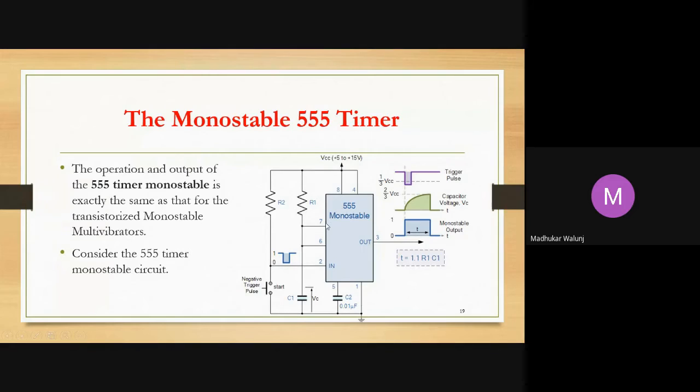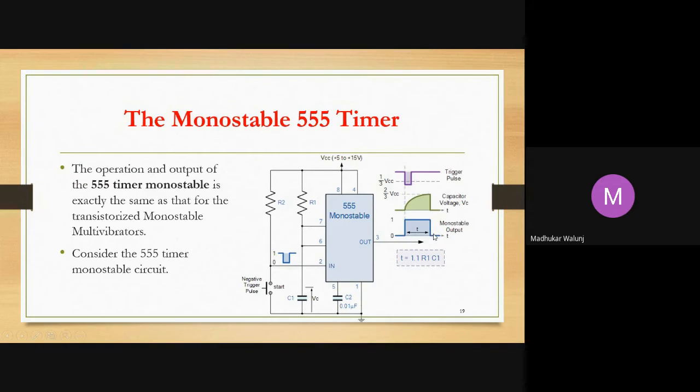Next we have pin number 7, which is called the discharge pin. Pin number 6 is the threshold pin, which, as you know, is connected to comparator number 2, and finally to a capacitor C1 connected to the ground. So this is the main circuit, R1 C1. This will be the timing component of the circuit.